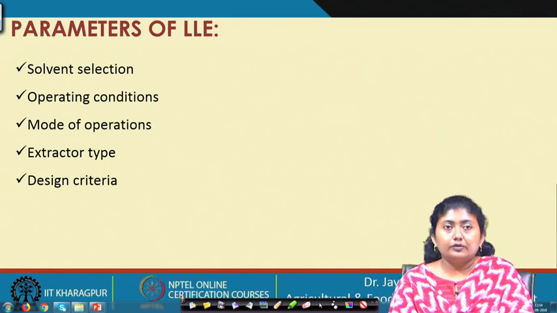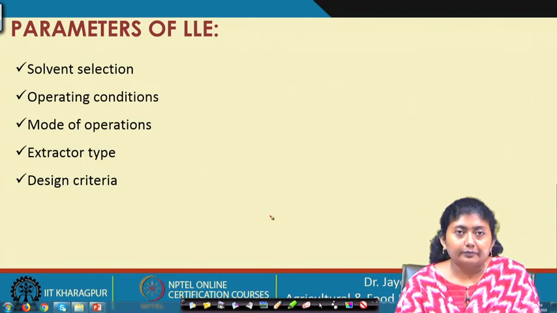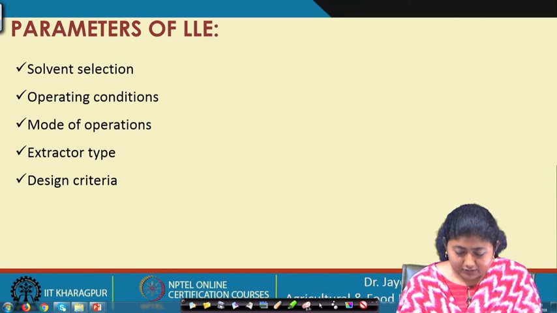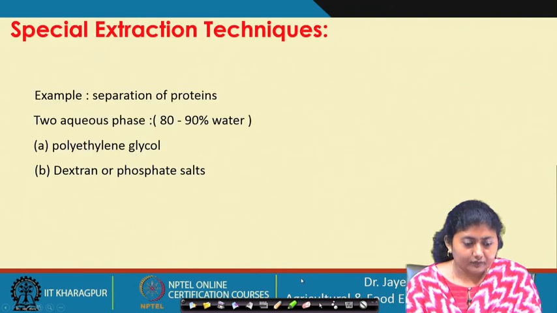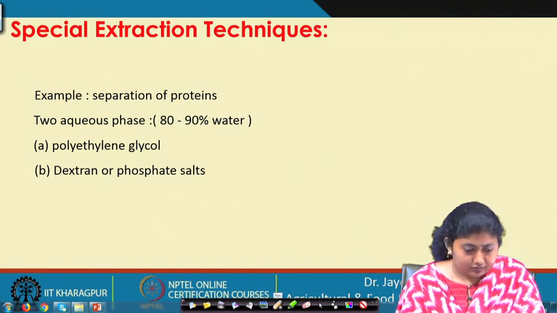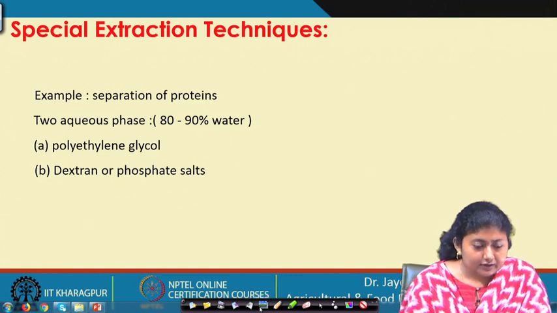Now, we will move on to one more extraction method that is becoming very common nowadays, especially in some industries. People are going to use that one on a huge scale, because it has some advantages, although the cost may be a little high. So, let us see one such very important extraction technique. This technique is called supercritical fluid extraction, and with that we will also see some other special extraction techniques.